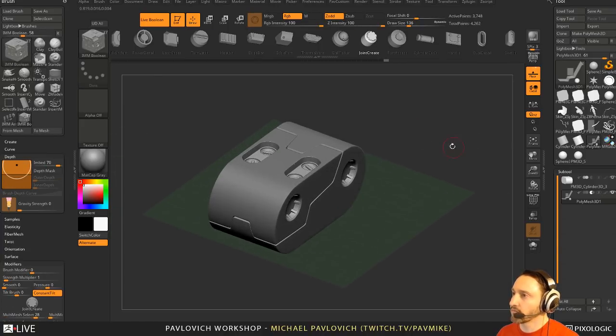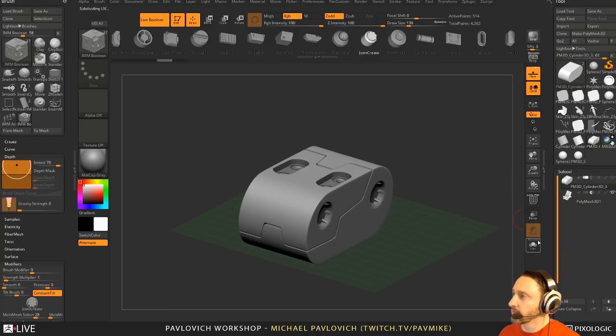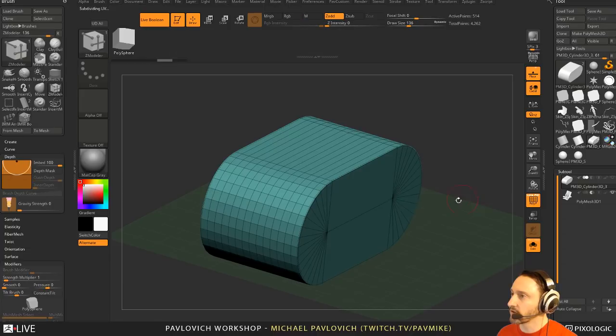And we got our cool little thing. We can also go back to our original cylinder if we want to clean this up a little bit and go, you know what, that's not really working for me. So let's go ahead and do